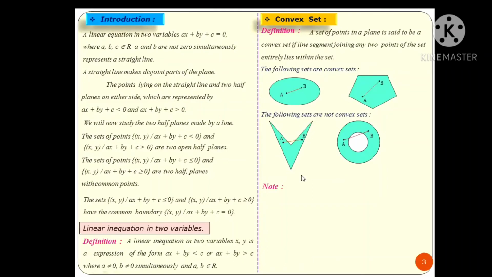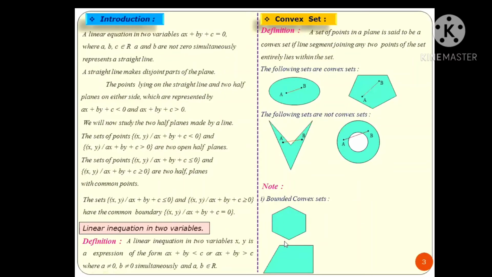Next, bounded convex sets and unbounded convex sets. First one is for bounded convex sets. Check the figure here, given as a hexagon. If you observe, the boundaries of this set are formed by straight lines, so it is said to be a bounded convex set. One more example, observe the boundaries are formed by straight lines, so it becomes a bounded convex